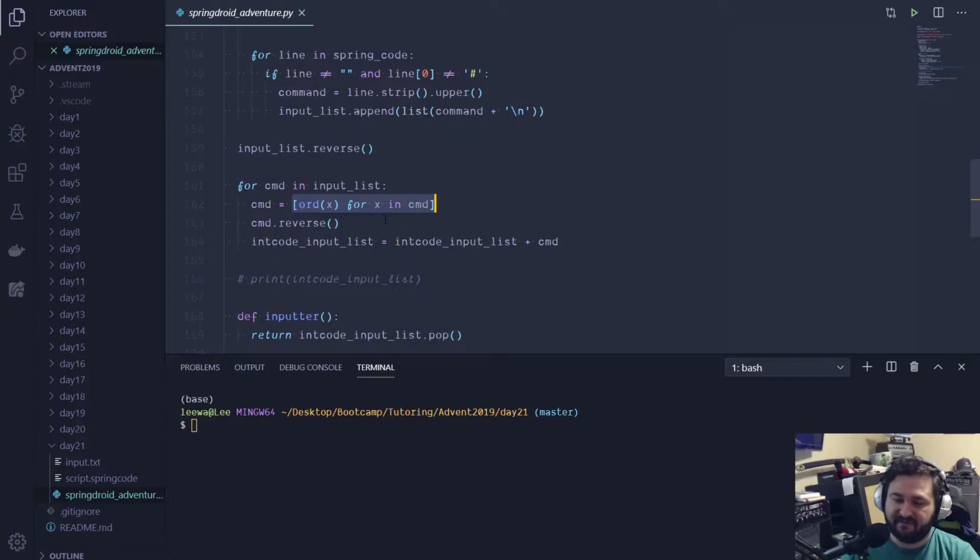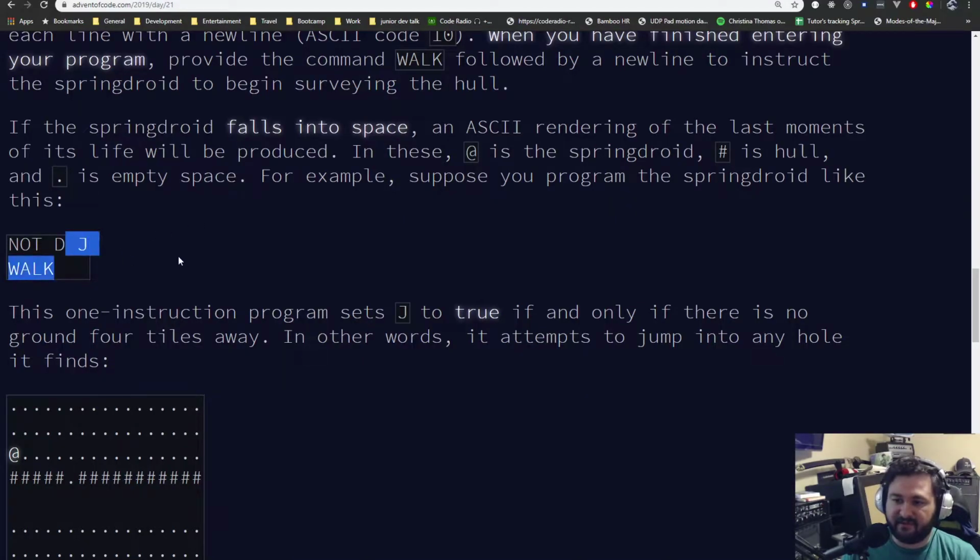So this is what this list comprehension does. It takes each character in the command array. So I've already busted it out into a list. Sorry, I meant not array, a list in Python. So I take the word that's been split into a list, make a new list that's the same values but in ASCII. Then I reverse that because I want, remember the last letter that I would type would be like